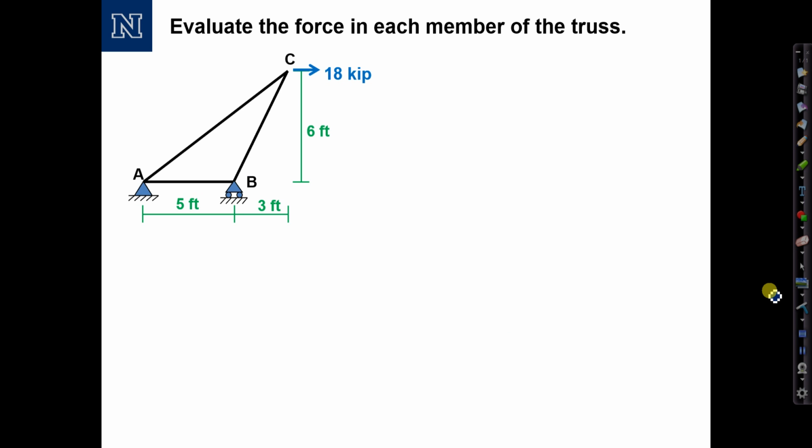In this video, we're going to look at a simple truss and evaluate the internal forces in each member of the truss. The consideration of static determinacy in a truss is largely beyond the scope of this course. However, for a simple truss like this, we can see by inspection that it is statically determinate. There are 3 unknown external reactions, and we can easily evaluate the forces in each of the members if we know the external reactions. So I will start by drawing a free body diagram of the system right next to